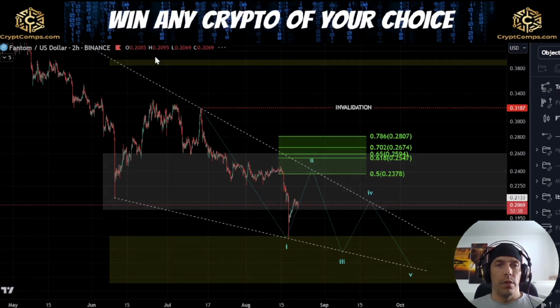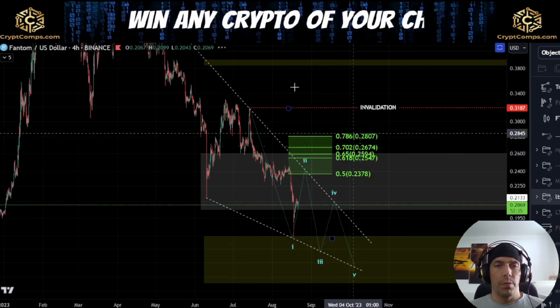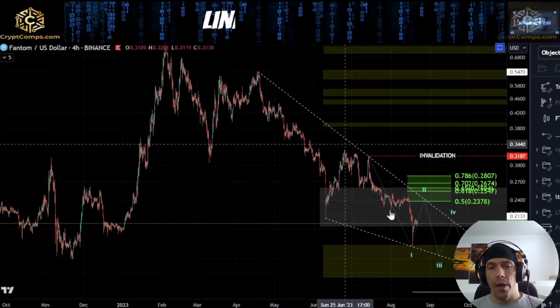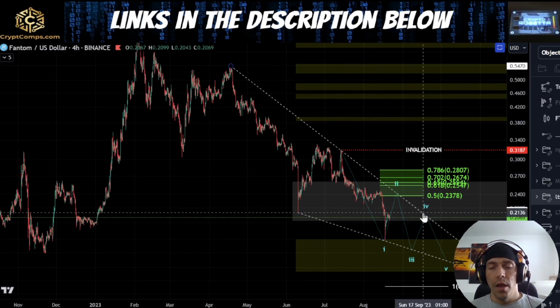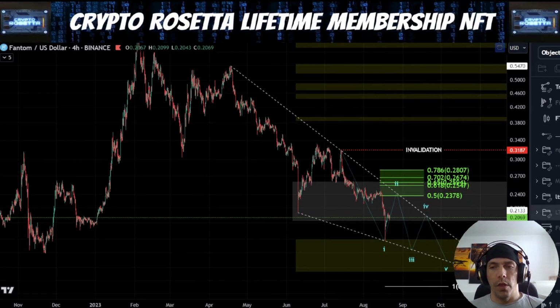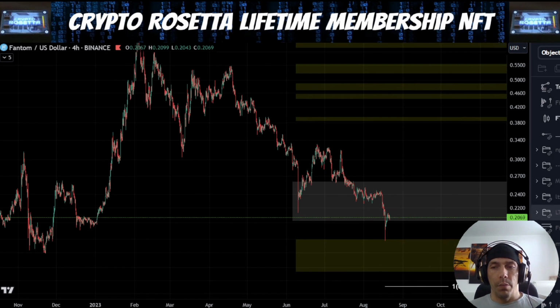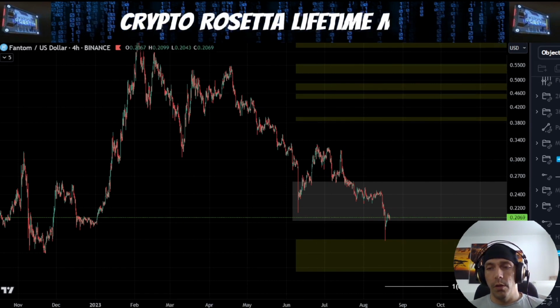Now, the key thing within this is that if we are looking at this potential of this being a bigger A, a B, and then looking for a C wave, if we do get this diagonal to play out to the downside, then we'd be looking for that reversal to the upside, looking for a C wave up. But like I said, we need to be careful here, because within the alternate count here, where we are looking at this as a bigger